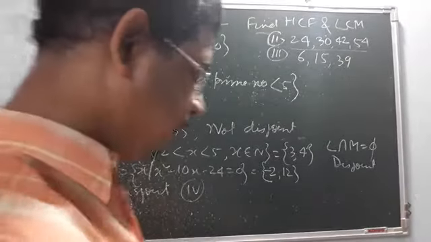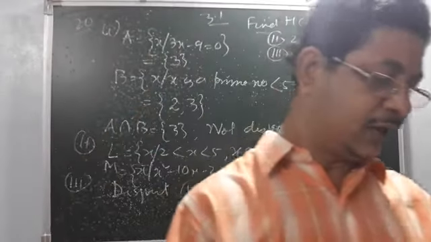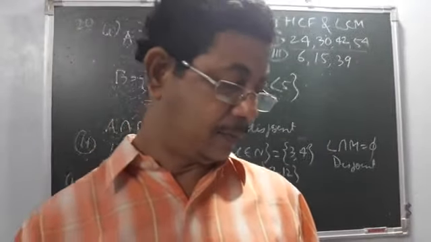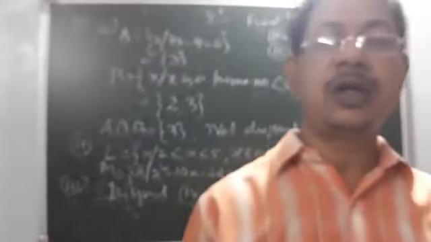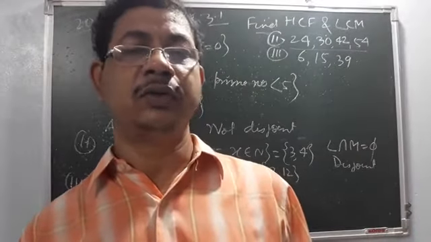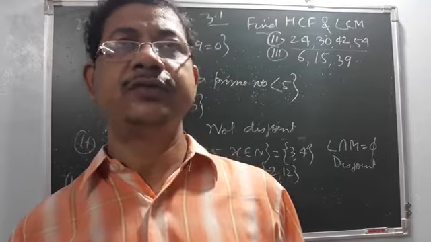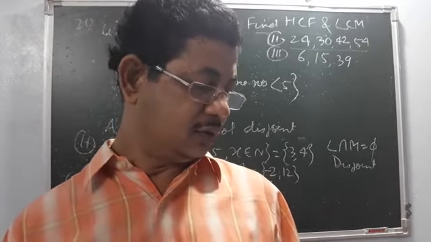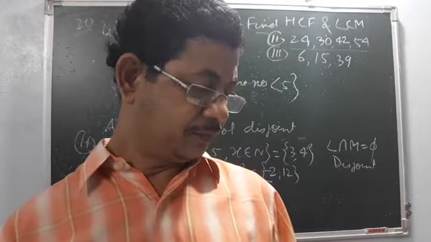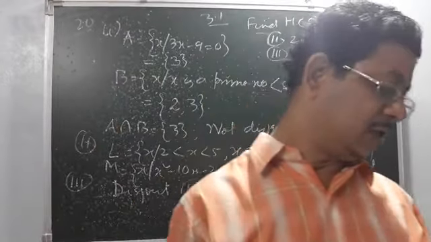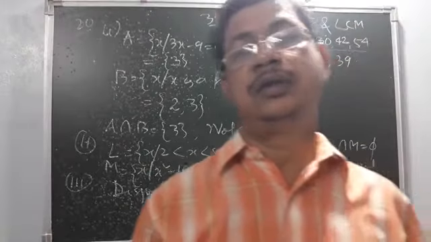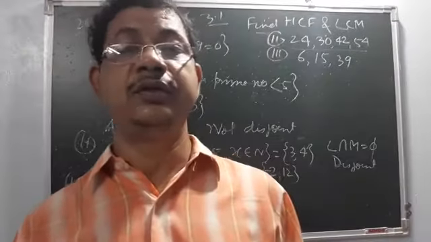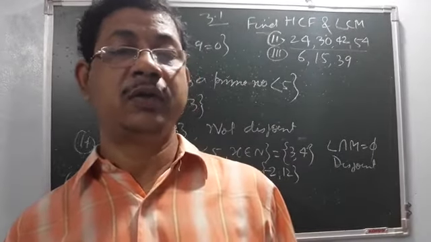Question number 4. A is the set of all isosceles triangles and B is the set of all right angle triangles. So isosceles triangle and right angle triangle, do they have no common element? Nothing is common? Isosceles cannot be what? If we take the common, some isosceles can be right angle triangle, but all the isosceles cannot